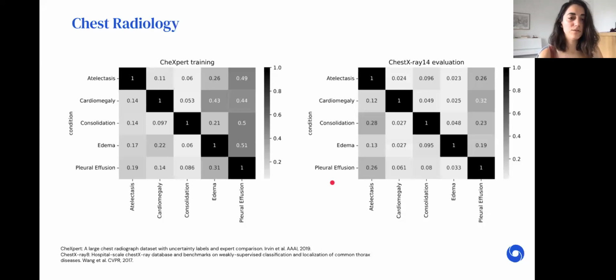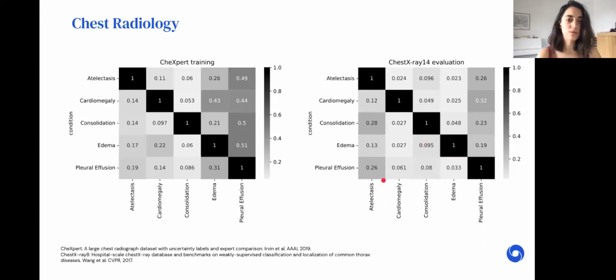In the radiology setting, as I mentioned, we're using CheXpert and Chest X-ray 14, the NIH dataset. So we train purely on the CheXpert dataset with no unlabeled data. So the setting is a little bit different to before. We don't have access to any unlabeled data. And we have a higher image resolution of 224 by 224, which means that we also need to train an upsampler. And then we only evaluate on the NIH dataset, or Chest X-ray 14.